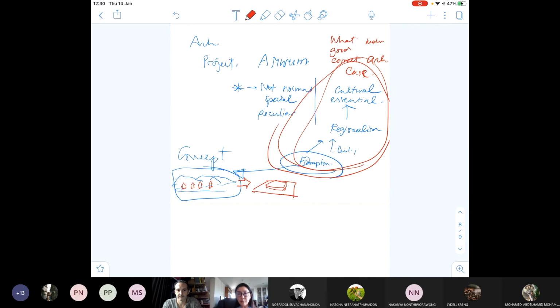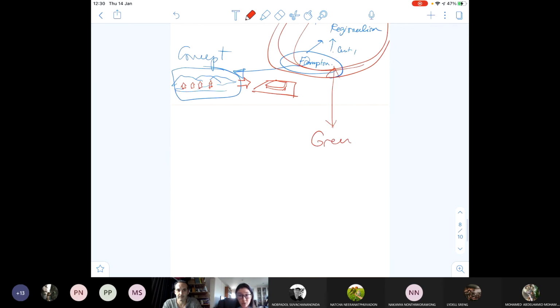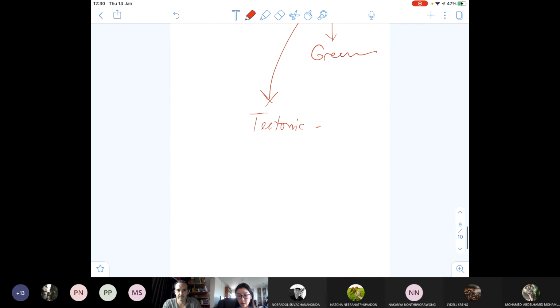Some of you think, okay, if it's going to be correct, it's going to be a decent architecture. In this thesis, it's going to be green. So you take a different theory. You take, okay, I would translate tectonic. This is another theory. So you think about only biophilic form, the form which is organic. These are the things that define what is good architecture to you in this case, okay? But it's not a concept yet.